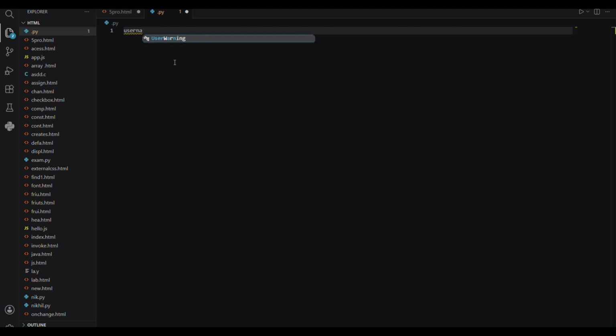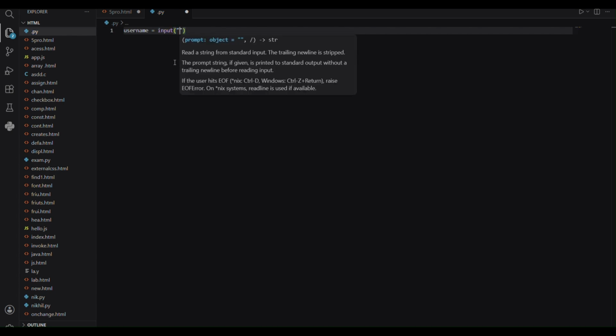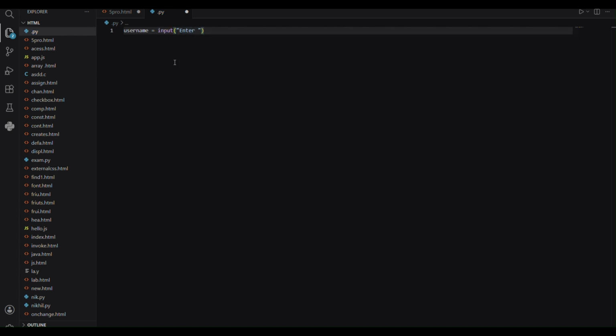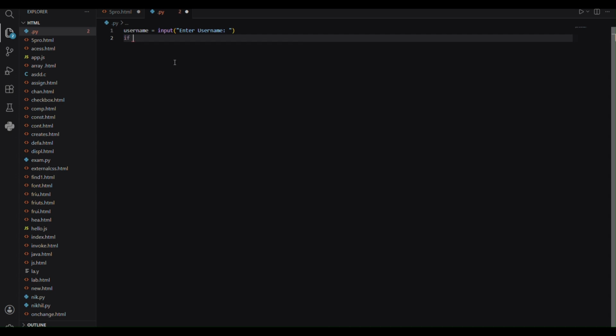Username equal to input, enter username. If username equal to admin,